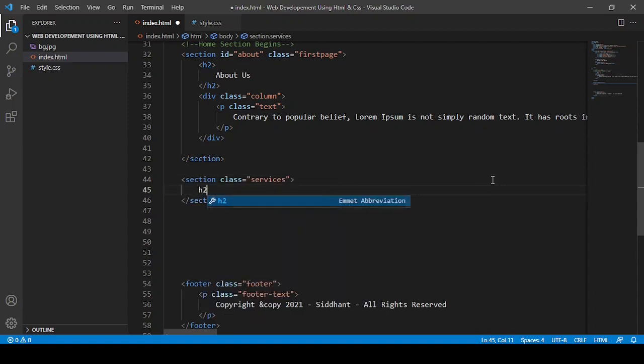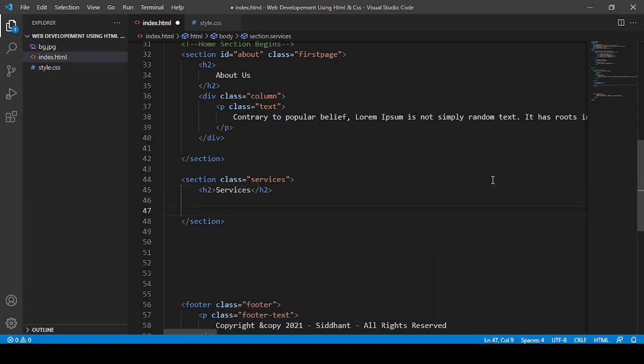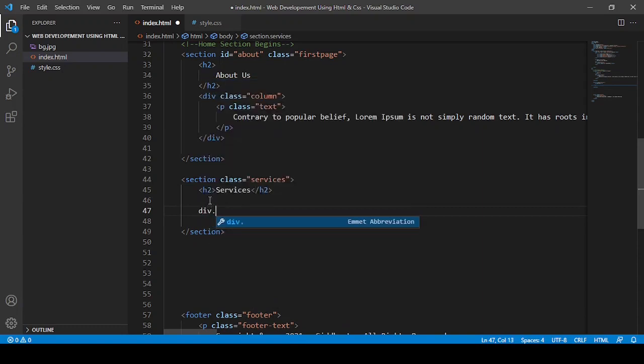First of all, I'm going to say h2, and in that I'm going to say services. Then in services you can say something. You can first make one div, and that will say container-serve.